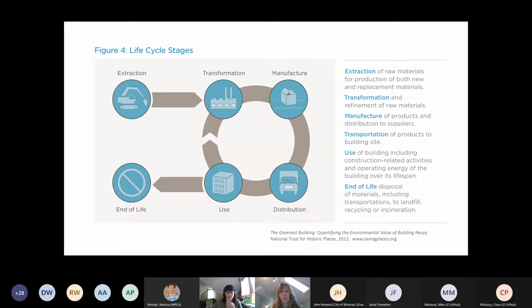And they had this great loop about extraction and then transformation and manufacture and transportation and use. And I love this circular piece that we don't do. We maybe go once around the circle and then we go out the other end to the end of life. Can we spend a lot more time in that circular space